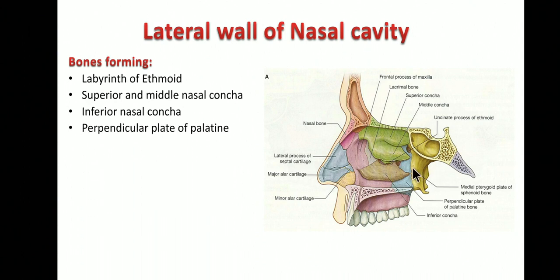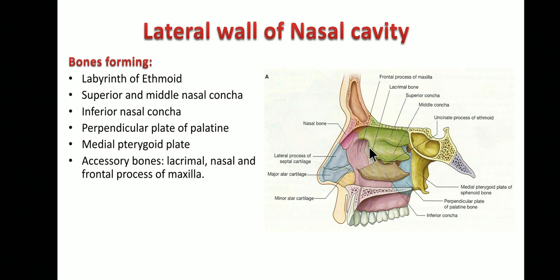Then you have the perpendicular plate of palatine bone. This is your hard palate, which is mainly formed by the maxilla and the palatine behind. So, perpendicular plate of palatine bone, and then more posteriorly you see the medial pterygoid plate. Okay, so you see the medial pterygoid plate. Then in the front, mainly it is contributed by the